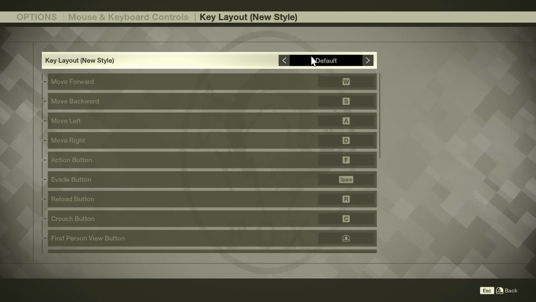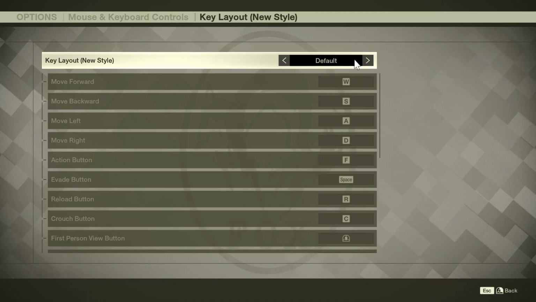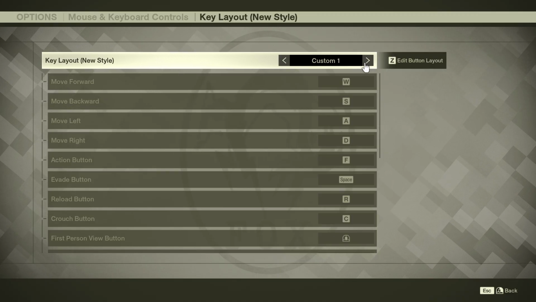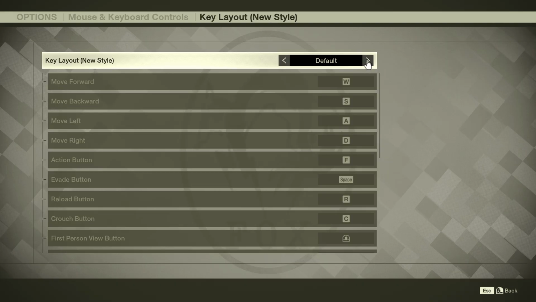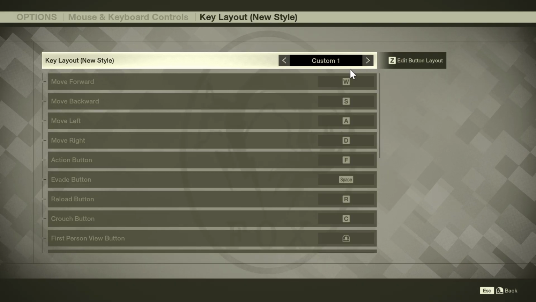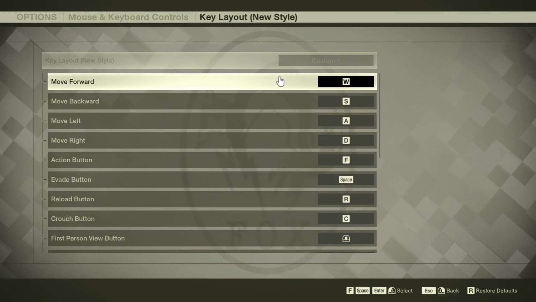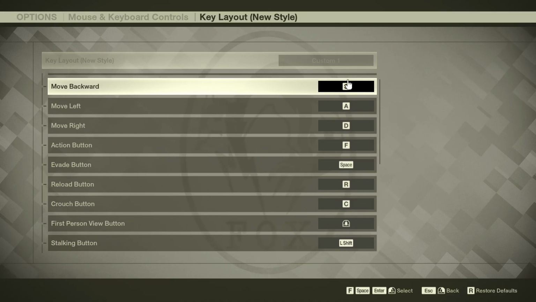Then once you select the style you have to switch this value to custom 1. For example, you have 2 custom modes. Select one of them and then press Z in order to change the layout. Then you have to select the